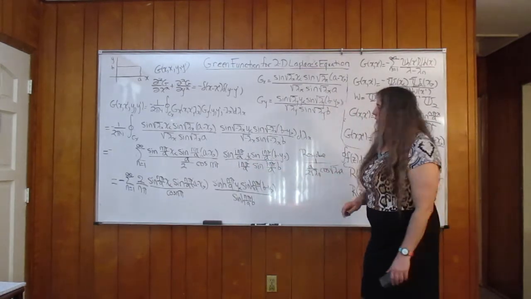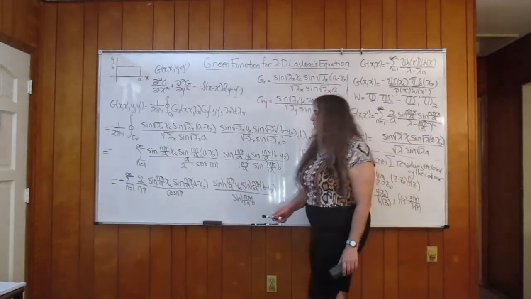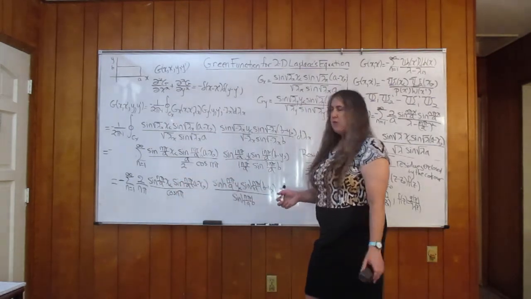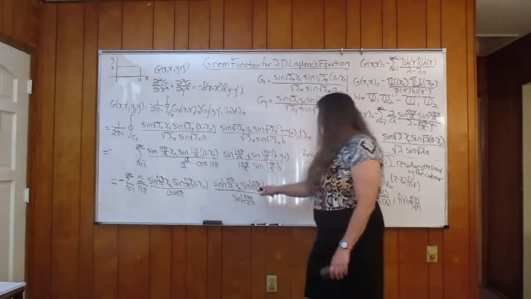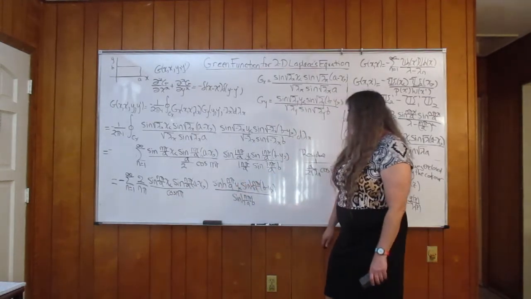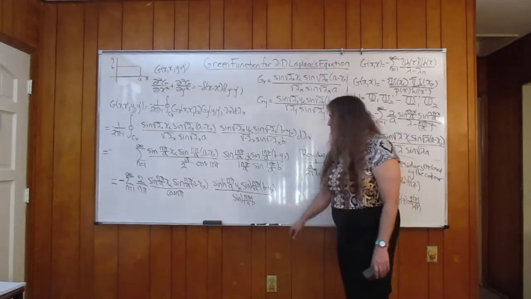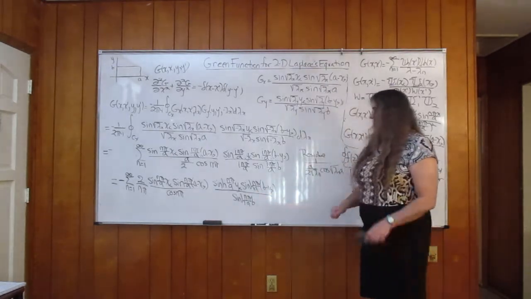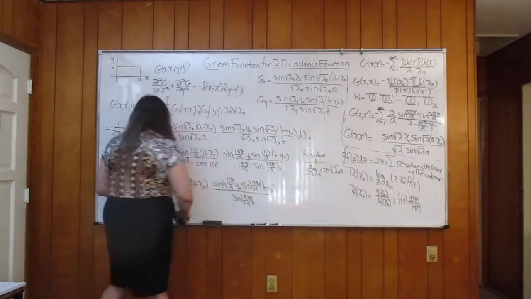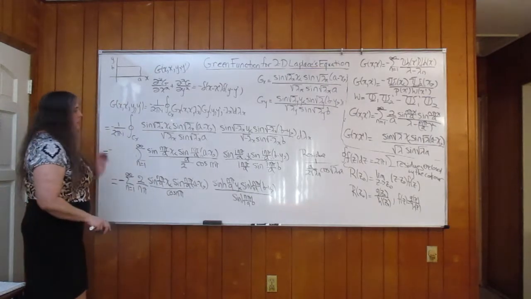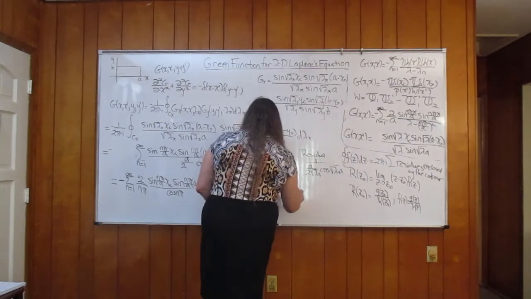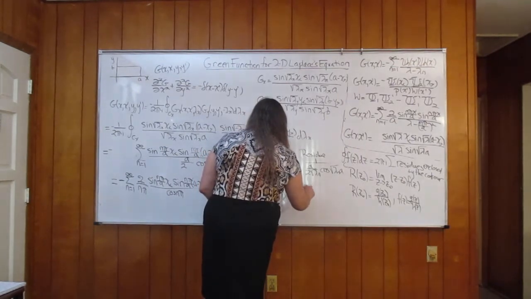We still have a minus sign out front, summation n equals 1 to infinity, 2 over n pi, sine n pi over a x less than, sine n pi over a minus x greater than, over cosine n pi. Then on this second factor, we've got sinh n pi over a times y less than, sinh n pi over a times b minus y greater than, all over sinh n pi b over a. Okay. So, I just want this expressed in terms of x and x prime. I'm going to get rid of the greater than and less than signs, but the first thing you do is to expand out this sine of n pi